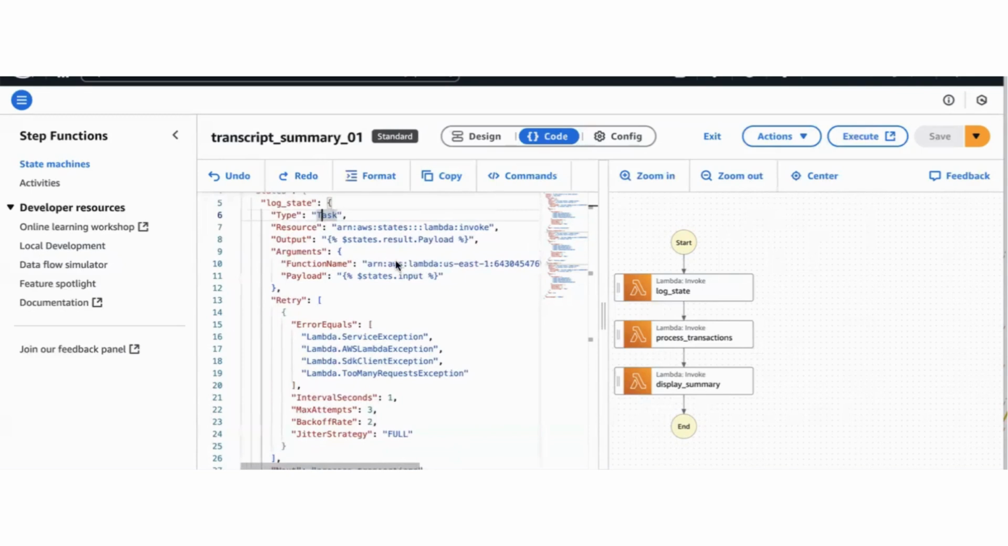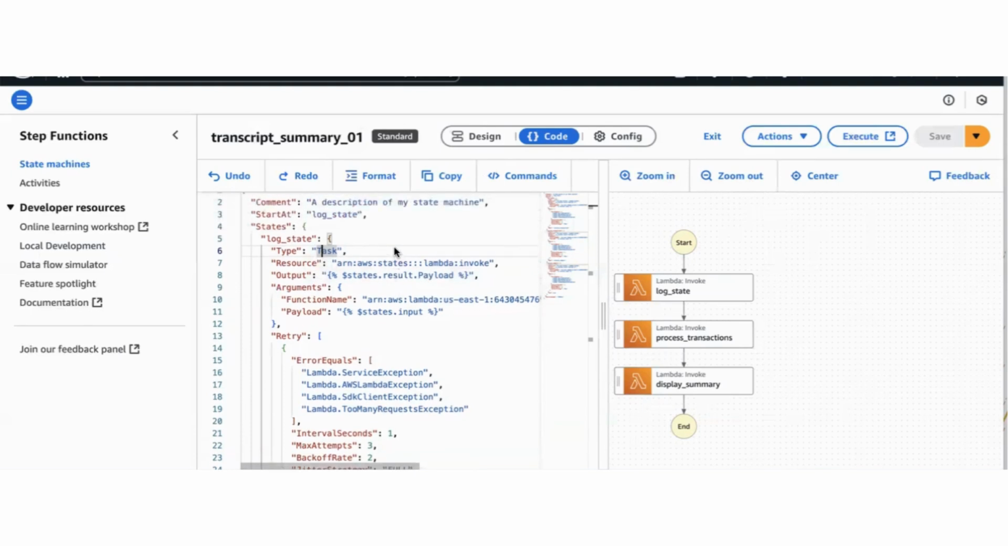And the ARN of that Lambda. And the payload is the input, right? So $states.input is an inbuilt keyword within Step Functions, which helps me get the input and give it to the Lambda. And the output is again a reserved keyword, where states.result.payload is the output, right? And then